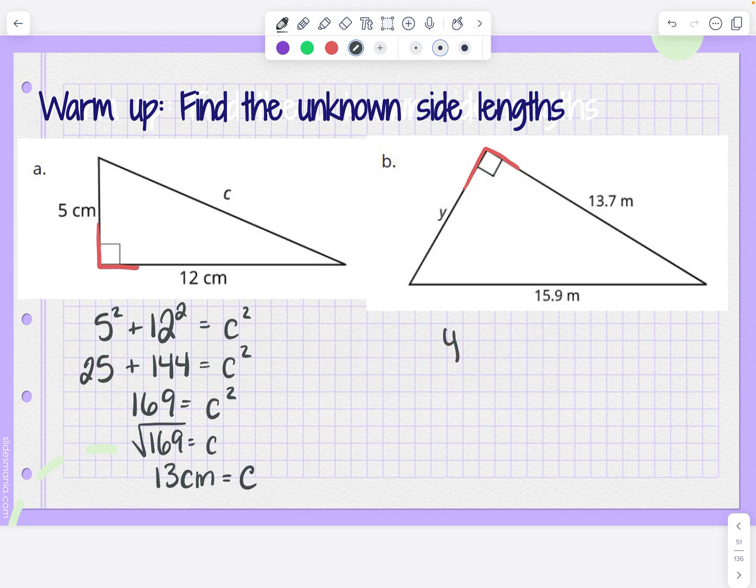B, the legs are y and 13.7. So y squared plus 13.7 squared equals the hypotenuse squared. Now we can square these values. It's always our second step. We get 187.69. And then 15.9 squared is